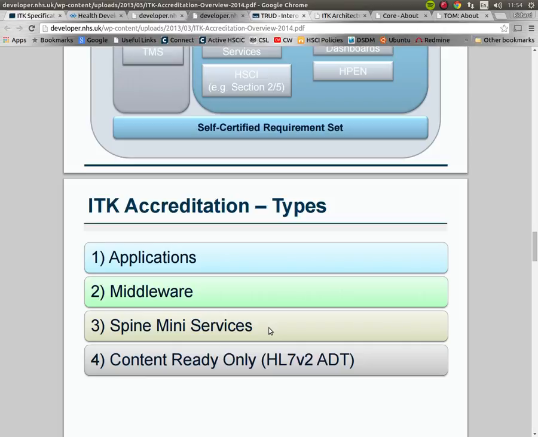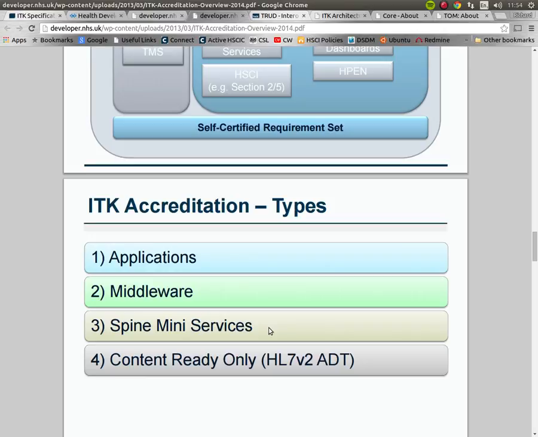And typically you've got two roles there. You've got provider systems which go through a central assurance process, which has been tailored specifically for the role that they're doing and the risk associated with it, i.e. they're acting really as that protection layer into spine. And then you've got clients which connect